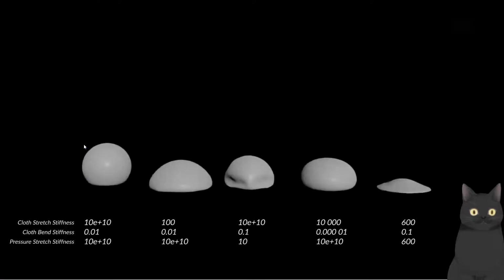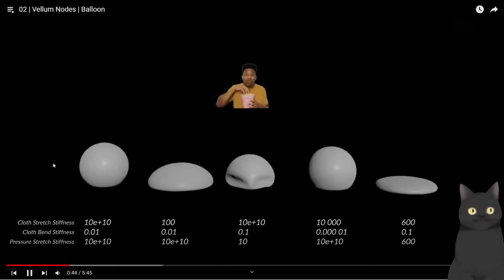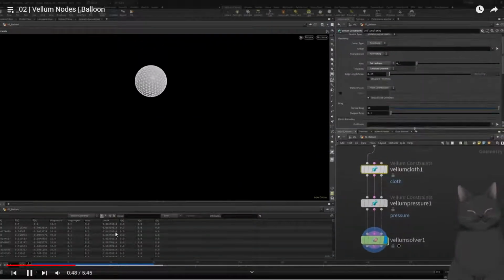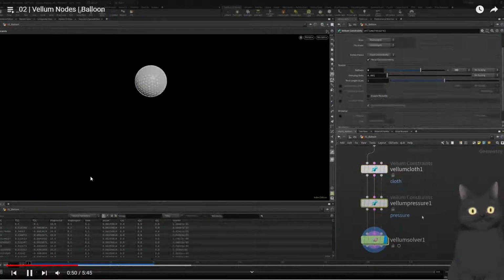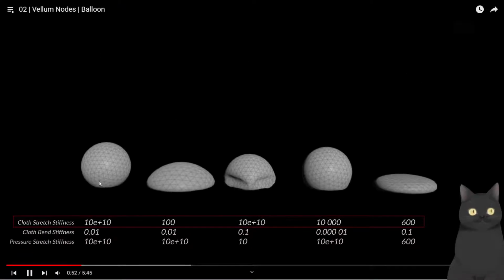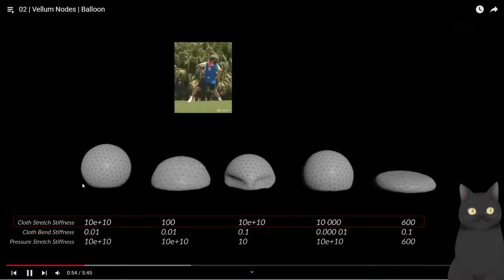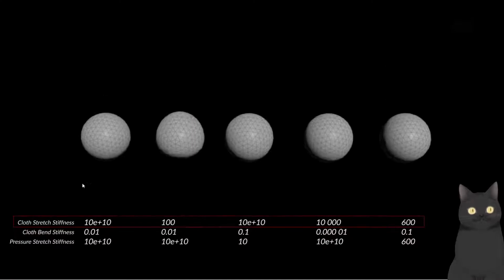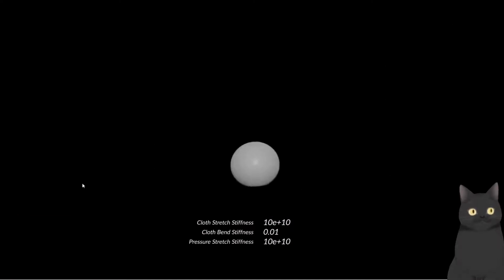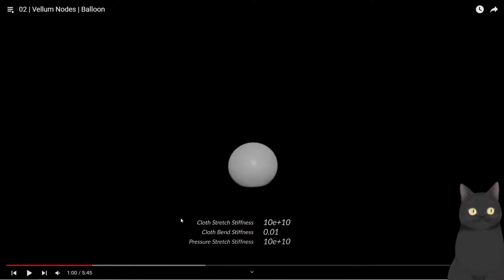Let's take a look at some of the parameters of the Vellum Balloon and how we can manipulate them to get the simulation that we want. Vellum Balloon is made up of a Vellum Cloth constraint and a Vellum pressure constraint. As we looked at before, the stretch stiffness in the cloth constraint is how much polygons can stretch. This is important to remember when dealing with soft bodies. When we have a high stretch stiffness, it creates